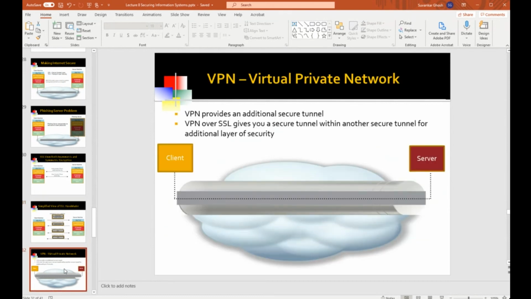Now, virtual private network. So you may ask, well, if you have SSL or TLS security, then why do we need VPNs as well? So VPN is not SSL or TLS. It's something else. It is over and above SSL and TLS. And so people may ask, well, why do we need another layer? If you engage VPN, it means you're doing a second layer of encryption. So you're encrypting the thing twice. And well, obviously people will ask, why do we need to encrypt it twice?